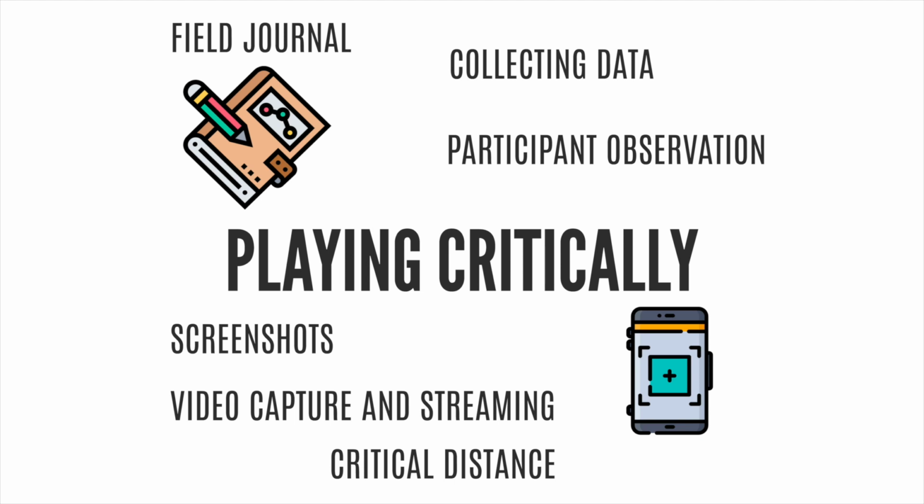This is a kind of ethnography, most normally known as participant observation. One of the oldest methods for ethnographic research is the field journal. The term field simply means the area in which you are participating. So a game's field is, of course, the game itself, but also its paratexts. So even if you're not studying a game paratext, you need to be aware of the paratexts that it does have. When you're doing your research, this should involve looking at the game's official webpage, its wiki, its subreddit.